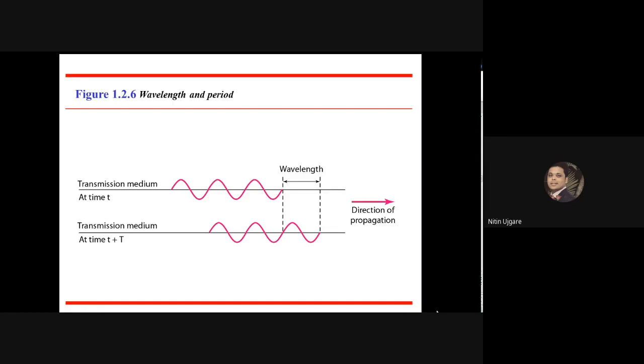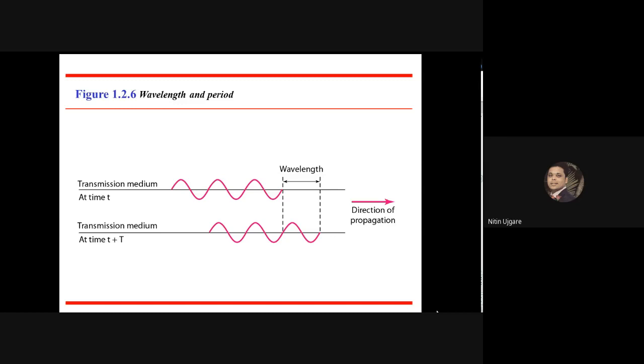Frequency has one more characteristic, that is period. They are actually two different ways to define the signal. Their characteristic is basically the same, so they are inverse of each other. That's what I mean. And then we also saw what is phase. So in today's lecture I will go further, and now we'll see what is wavelength and period.